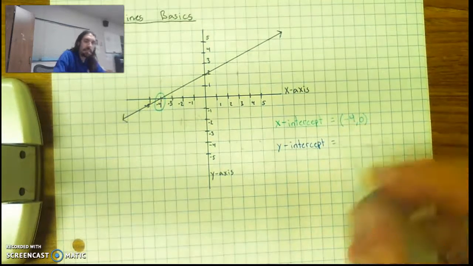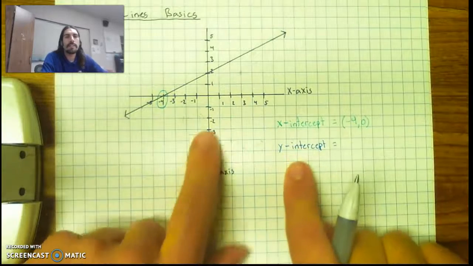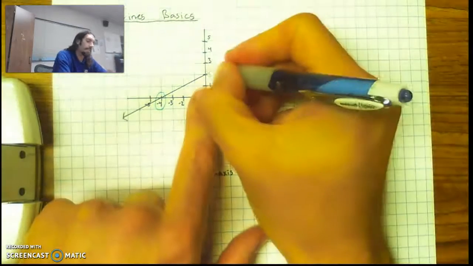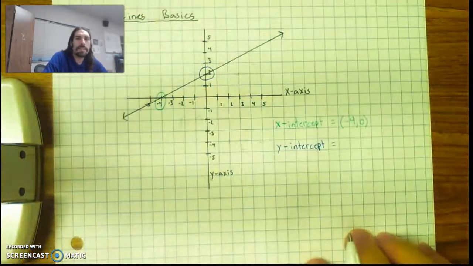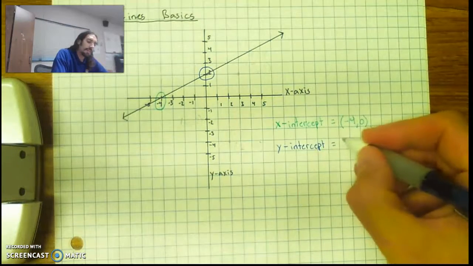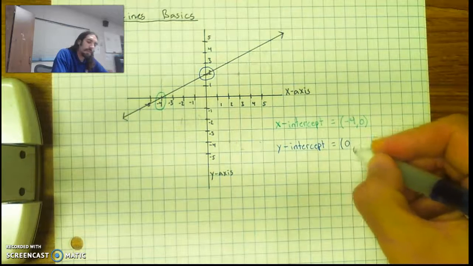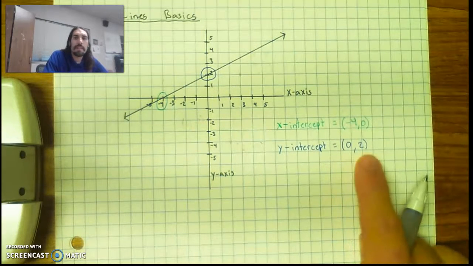And it's pretty much the same idea. A y-intercept is where our line crosses the y-axis. So if we come up here, we can see that at that point of +2, our y-intercept crosses. So I'm going to again list it as an ordered pair. This time the 0 comes first because